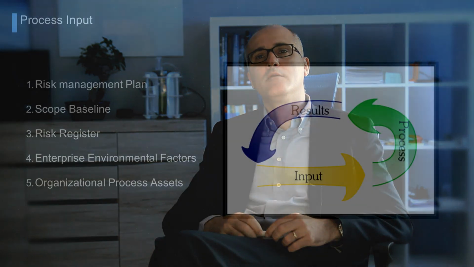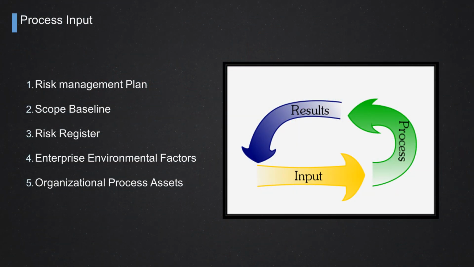To start this project, we need some inputs that are relevant to other project processes or phases. First of all, the first input is a risk management plan, which is a part of the process itself, but also the scope baseline, through which we have to compare the impact of each risk with respect to the scope. We need to make the assessment from the risk register, that is the unranked list of all the possible events, not ordered, but just the list.